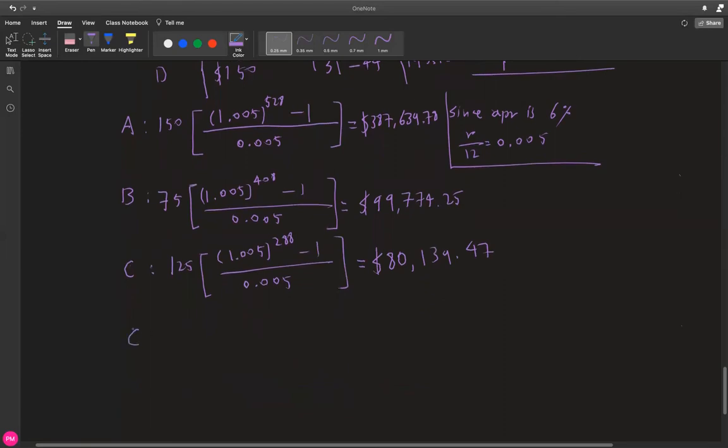So lastly, plan D, for the last 14 years, you're adding an additional $150 on top of your savings. And this is 468 months minus 1, and you're dividing it by the monthly interest like this. And this calculation should yield